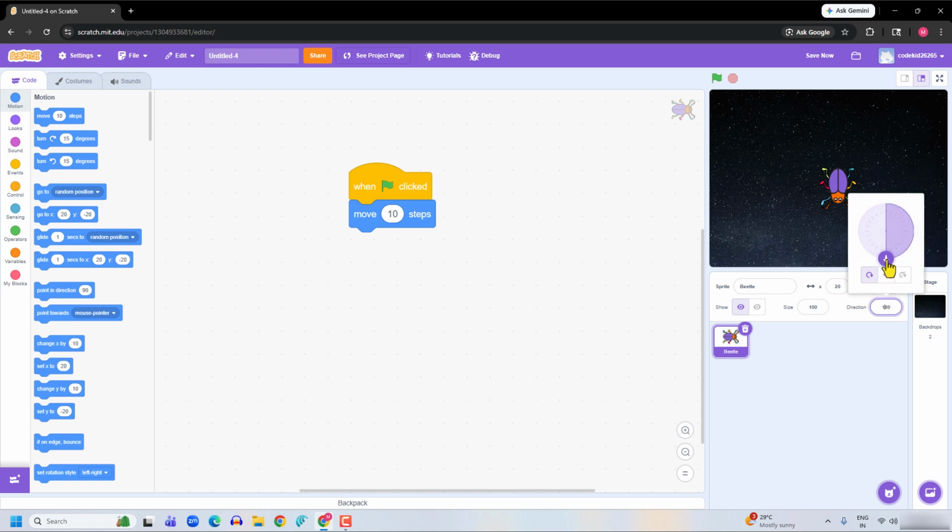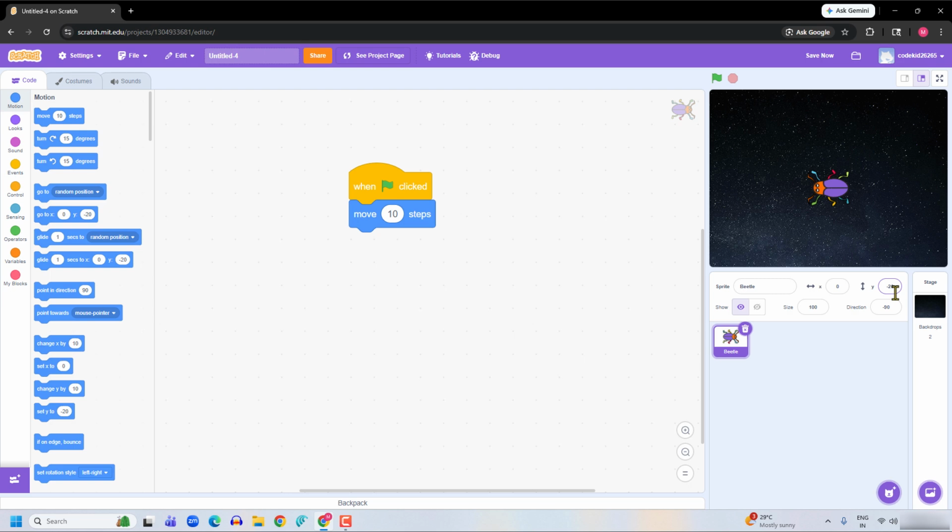Now let me change the direction to minus 90. Okay, meaning left direction. Now look at this value, it is x20, y minus 20. When I click on the green flag, it will go to left by 10. Move 10 steps in whatever direction it is pointing. So it is pointing in the left direction. So it goes to x10, the y doesn't change. Okay. I will click on the green flag once again and you can see that it goes to x0, y